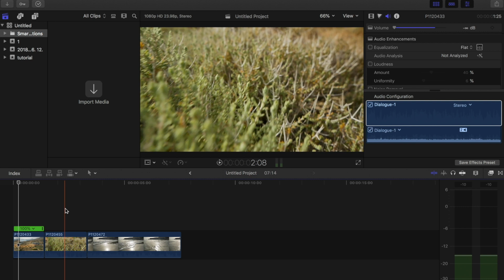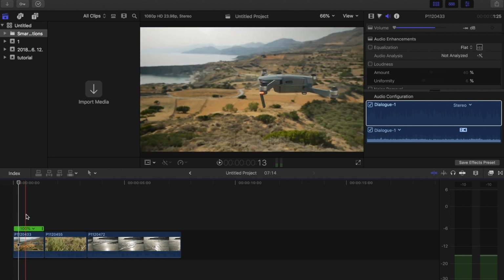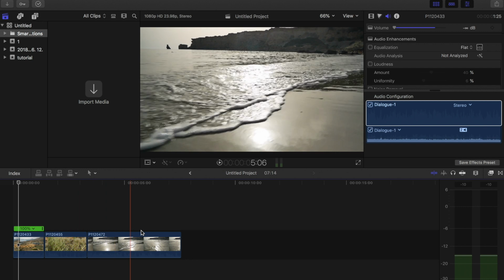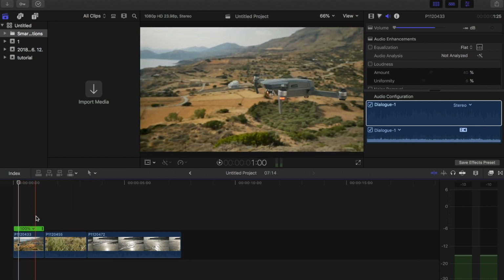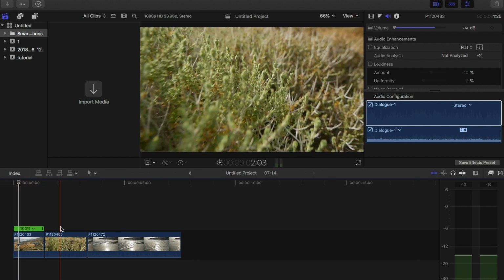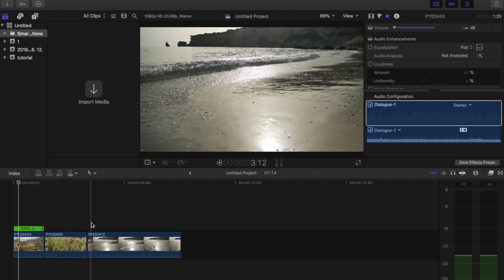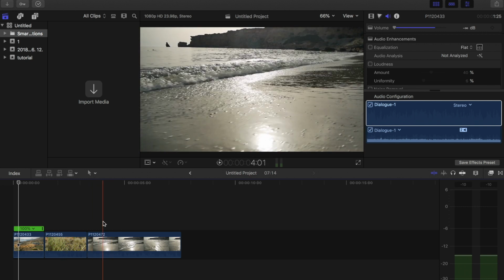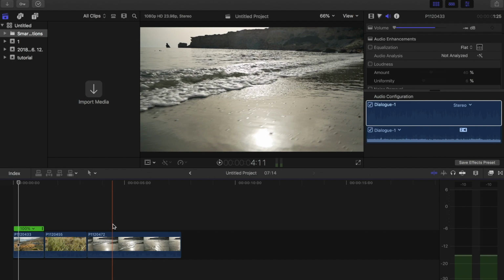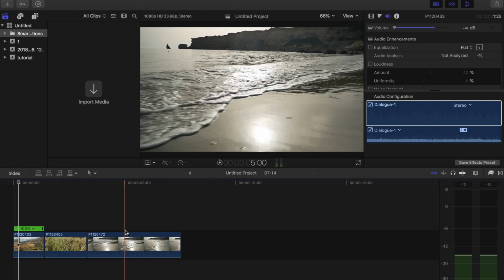So now I'm in the computer, and as you can see I have three different clips on the timeline. The first one is me orbiting around the drone, the second one is me going through a bush, and the third one is a small wave hitting the shore. And as you can see on the third one there is a lot of particles and textures in the waves,